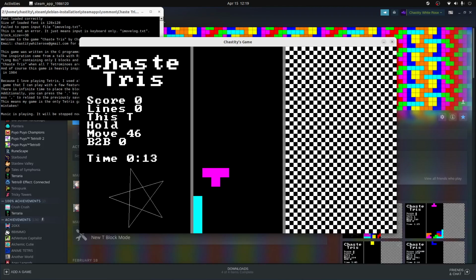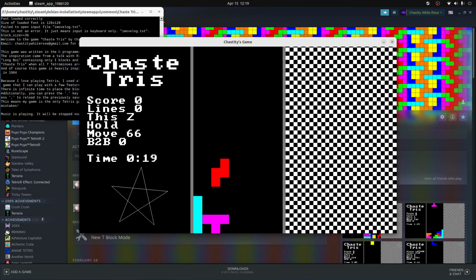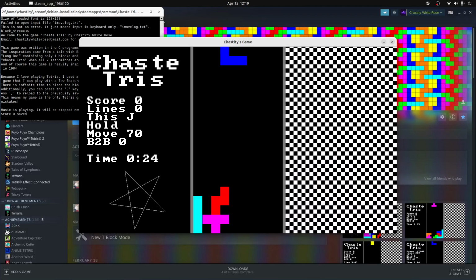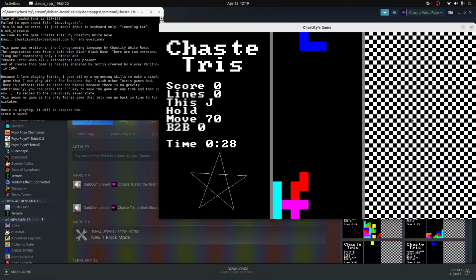Okay, I turned the music off. It is possible to turn the music on and off, okay? So that's what I did. And what you'll notice here is, okay, and I pressed I to save the game. Now, what you'll notice with my Tetris game here is,